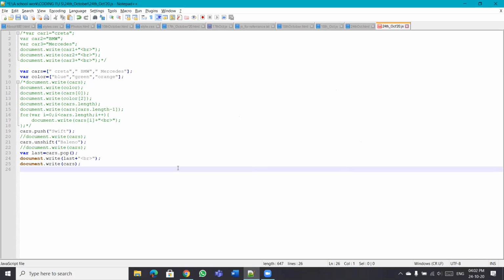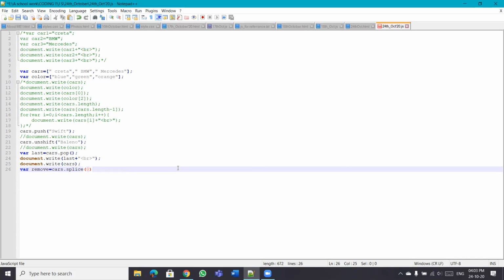Let's define a new variable, var removed, equals cars.splice, and in brackets, suppose we want to remove the first one, so we'll say 0, 1.